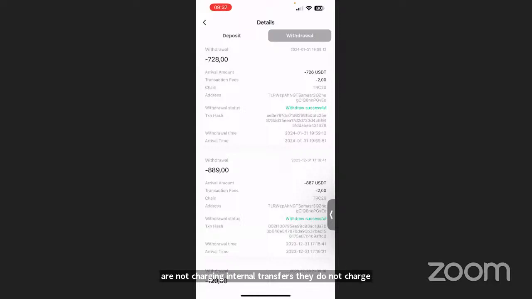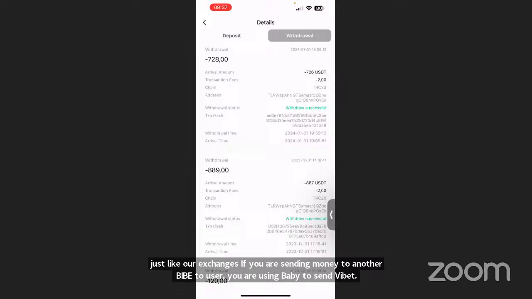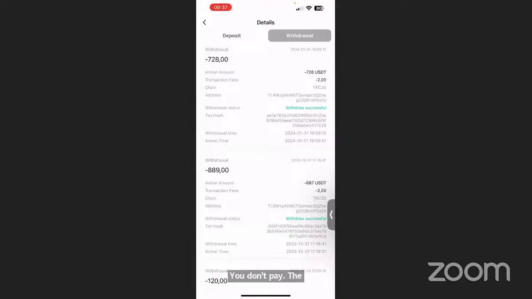If you are sending money to another Bybit user, you are using Bybit to send to Bybit, so you don't pay. The same applies to Binance, HTX. Royalq has the same feature, okay? Unless you are withdrawing to an external wallet, that is when you have to pay 2